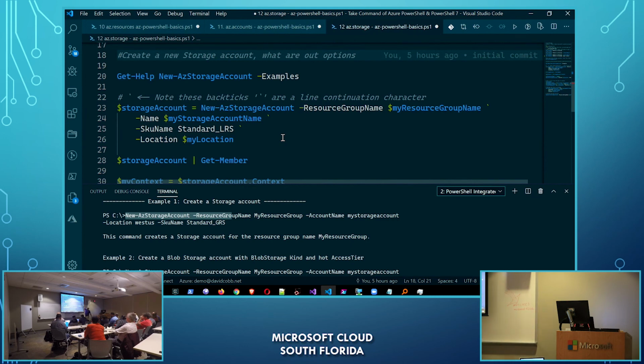Backticks. It's often the case you're going to run a command that goes past the screen, and it's bad form to have stuff that you have to scroll to the right. If you want to make it readable, make it easy for people to read your stuff, you want to put things on separate lines, but the only way to make PowerShell understand that is to end each line with a backtick. That's the top left corner key